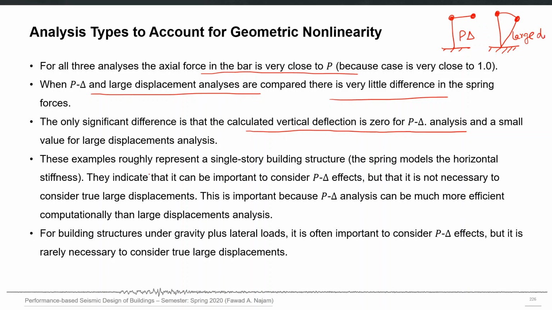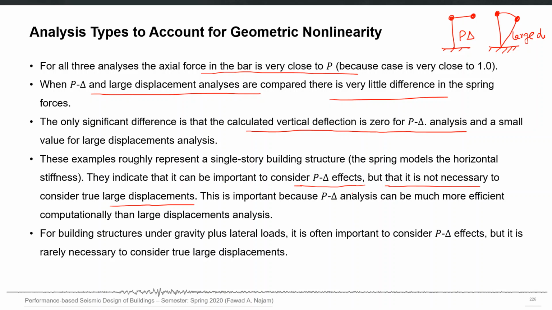So these examples roughly represent a single story building. The spring models the horizontal stiffness and the bar models the vertical stiffness. They indicate that it can be important to consider P delta effects, but it is not necessary to consider true large displacements, because P delta analysis will give you almost the same results as the large displacement analysis.